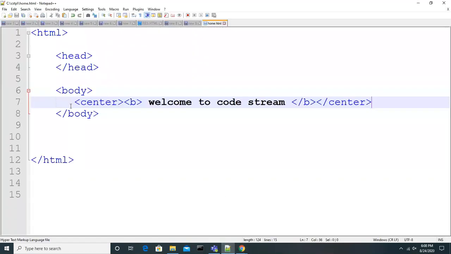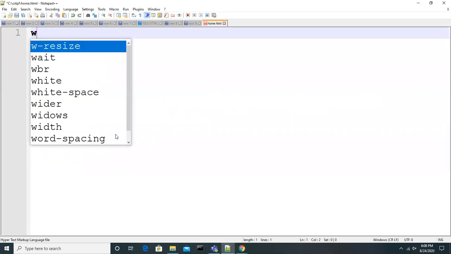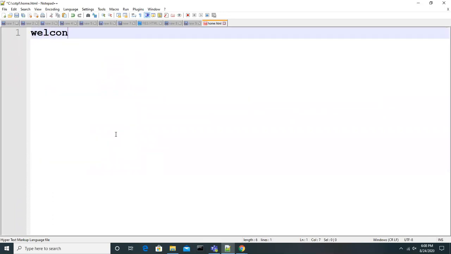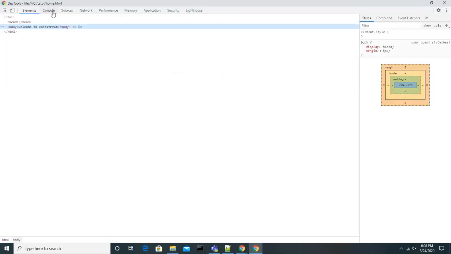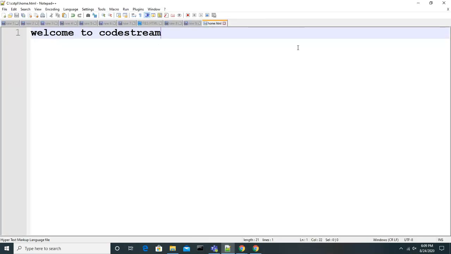If you don't write anything, let's say I take it out and write here, welcome to CodeStream. Okay, look at this, guys. I'm just saving it and let's go and see that. Normally it comes like this, without tags. If you go and inspect that, look at this. Did I add any code under this HTML file?